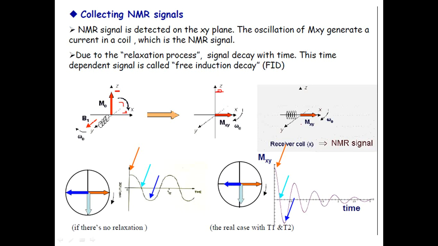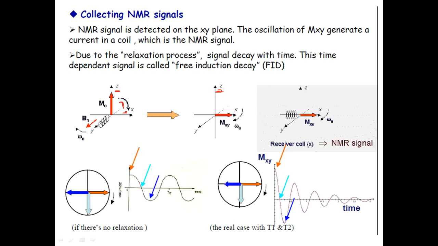So the oscillation of the MX, that is the magnetization that is generated during the field, is detected by the coil, and that is the NMR signal that occurs during the relaxation process, right? When you apply a radio frequency, there will be a change in spin of the nuclei, and when it comes back to its actual state, it releases the energy, and that is being detected, right?